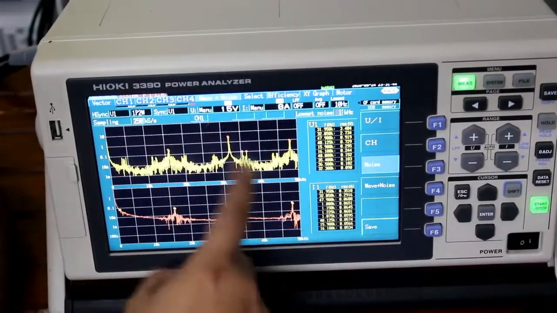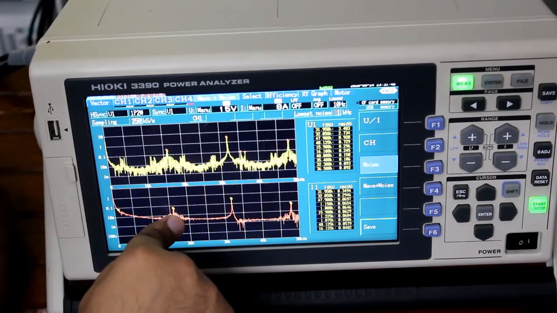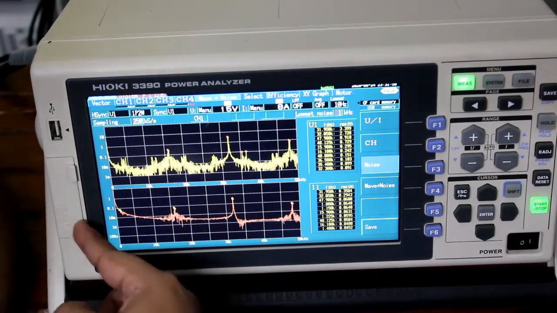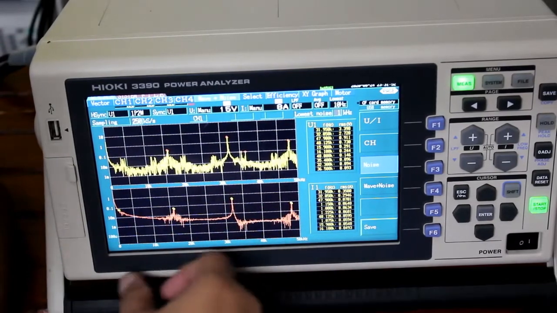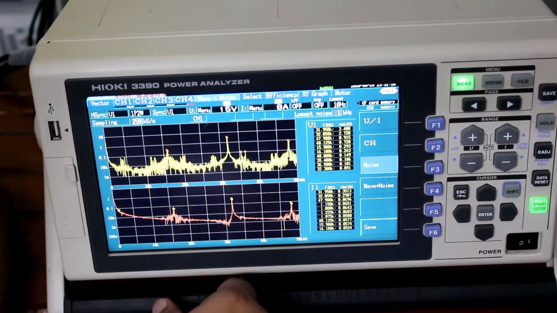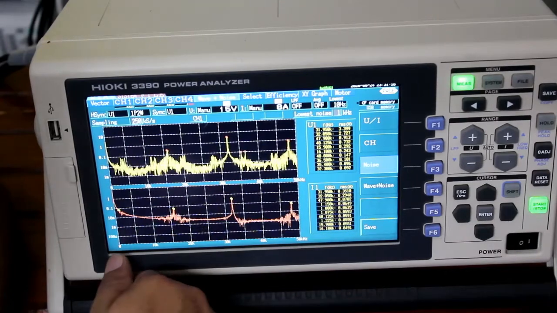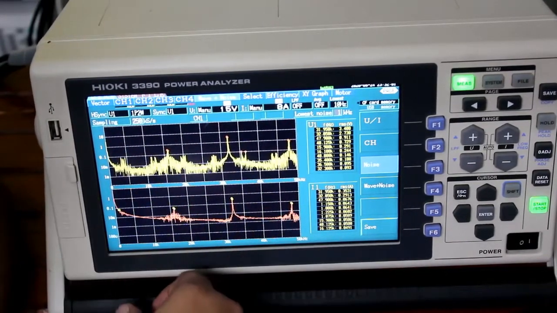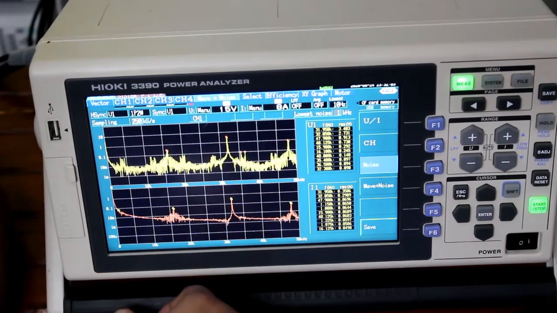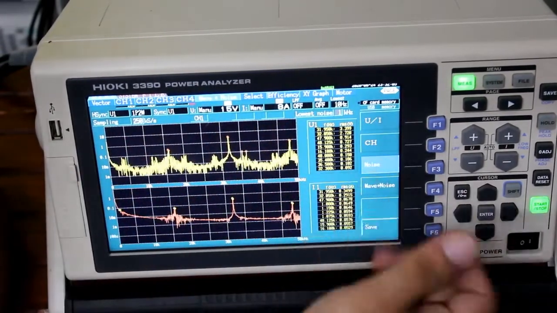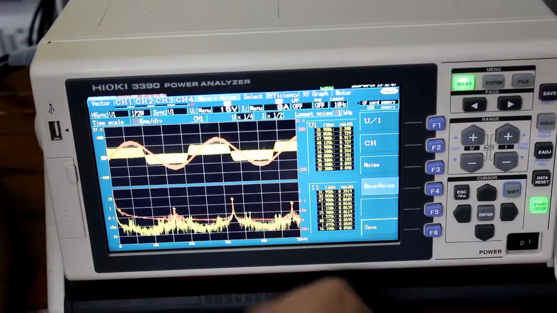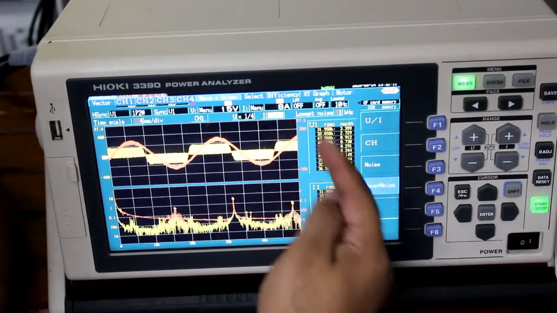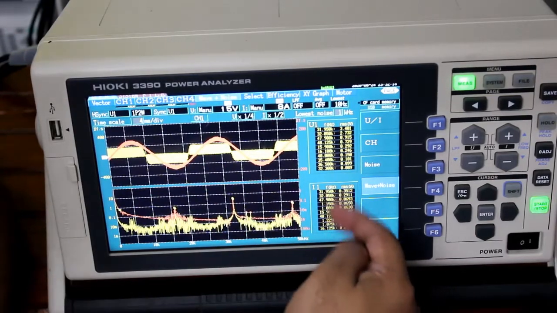Now this is interesting. This is related to our noise analysis. We can see FFT, as per the current frequency and the selection of bandwidth. It is starting from 0 and can go up to 50 kilohertz. So it can be changed according to your selection of the frequency band and your operating frequency. If you want to see the waveform as well as the noise together, you can see, and the parameters are also coming up as per the frequency domain.